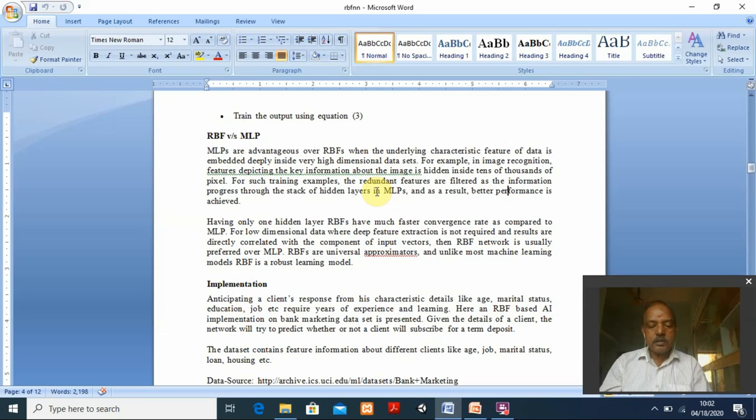So this is the minimum I have told you regarding the radial basis function, and why we would go for the radial basis function neural network when multilayer perceptrons are there. So remember, as a general thumb rule, in a multilayer perceptron there can be one or more hidden layers, N number of layers can be there, 1, 2, 3, 4, 5. But in case of radial basis function, there is only a single hidden layer, and the number of neurons is based only on the features you are providing.